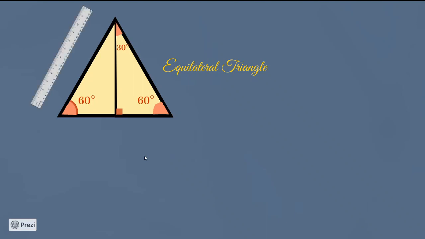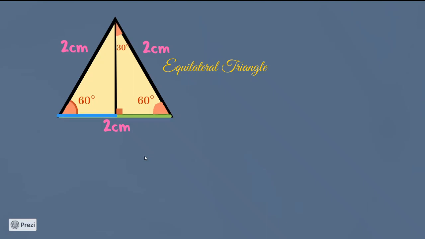Now I'm taking a scale. I'm going to measure this triangle, and I measured it to be 2 centimeters. Okay, so because it's an equilateral triangle, all sides will be 2 centimeters. Now with this perpendicular, I divided this side into two sides, right? Because when I drew the perpendicular, this side became divided into two sides, and so 2 centimeters divided by 2 will be 1 centimeter and 1 centimeter. So 1 plus 1 is 2. So okay, now